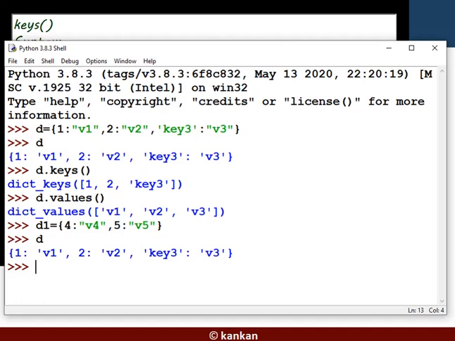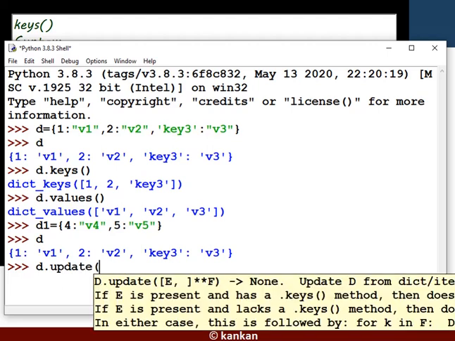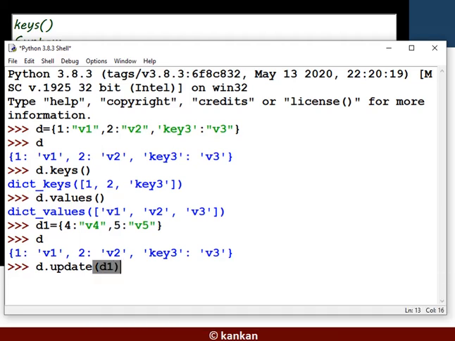So d dot is used to access the method update, with the dictionary d1. Clear? Now display the dictionary d to see its items.